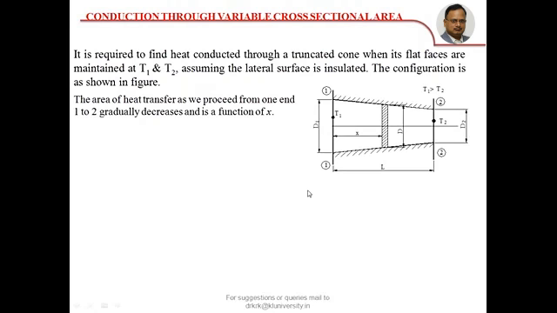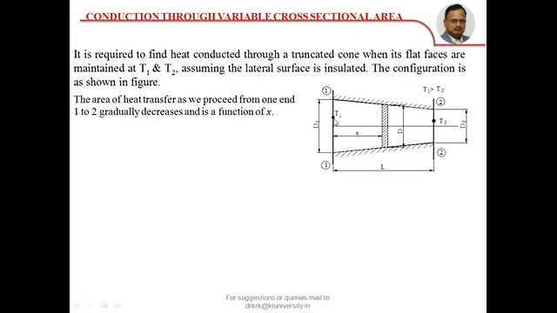Now let us see another variety of problems we face in heat transfer, particularly the fundamentals of conduction, where the conducting area is continuously varying. For example, consider a truncated cone like this. This is the base of the cone and this is the top of the cone. Lateral surface of the cone is perfectly insulated